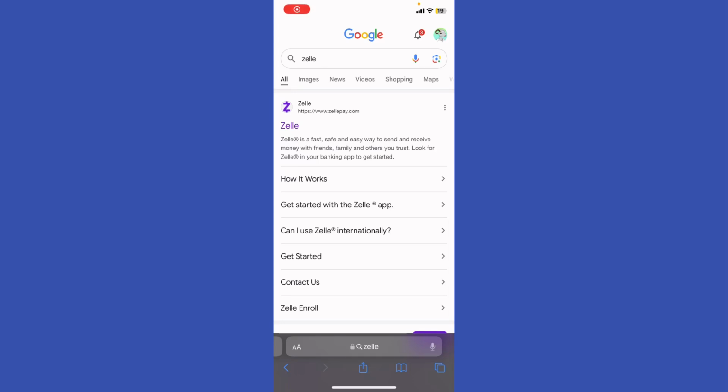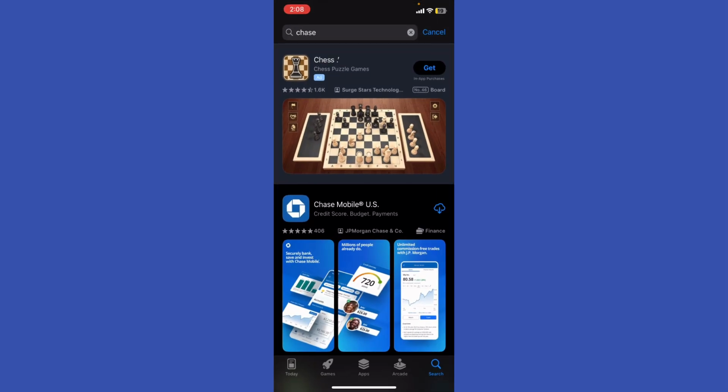How to request money on Chase Zelle. So to request money on Chase Zelle, open the Chase app, right? Go back to your screen to go to your app, so Google Play, log into your Chase account, and